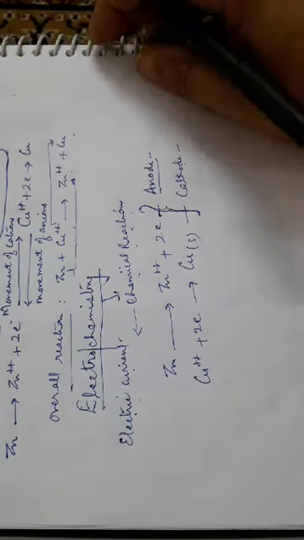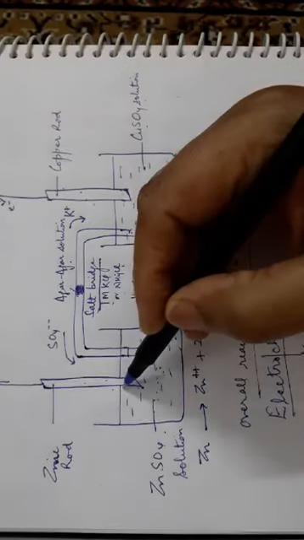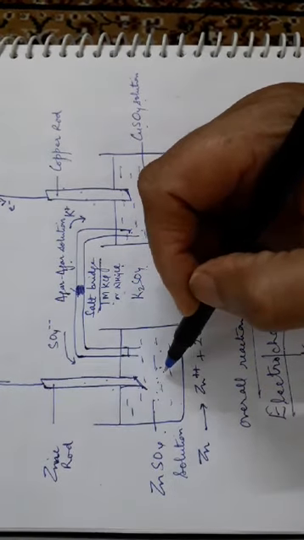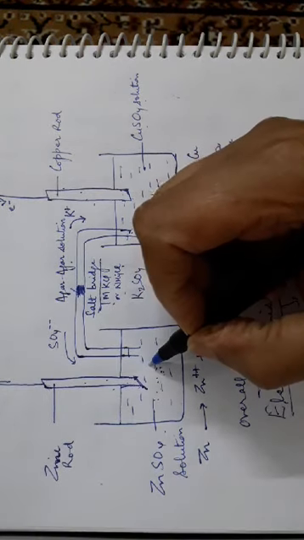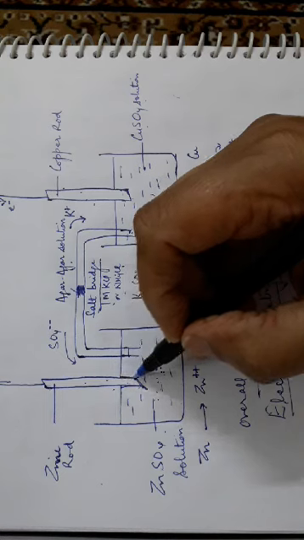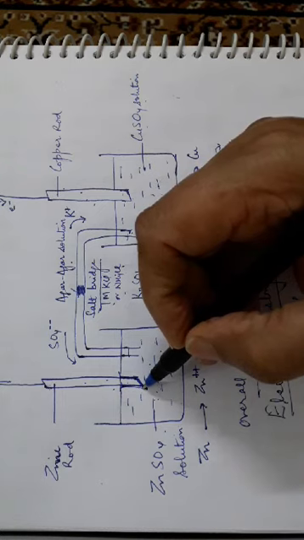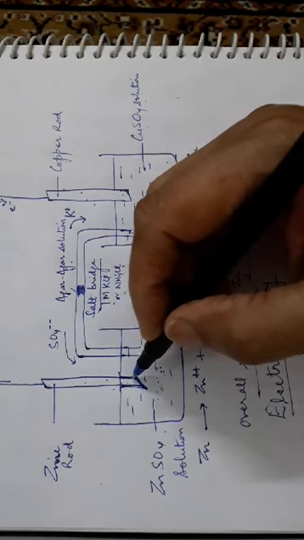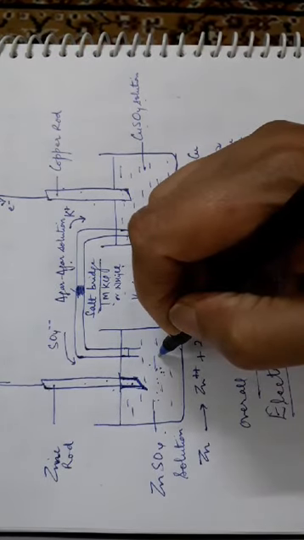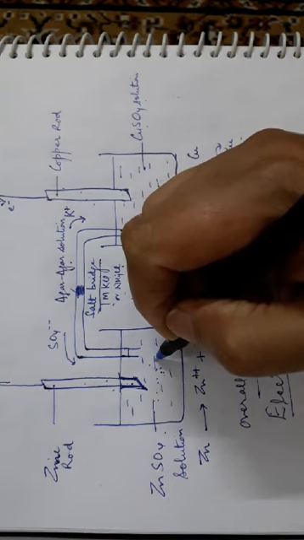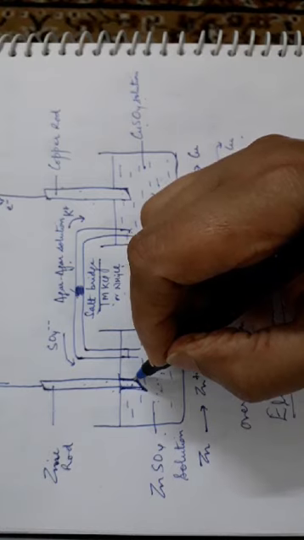Now let us see some more terms related to this. When we talk about the interface of an electrode with its own ionic solution, what is the interface here? Zinc in contact with zinc ions. Interface is the boundary, the area of contact. At the interface, zinc metal has a tendency to go into solution in the form of zinc ions. Side by side, zinc ions also have a tendency to get reduced and get deposited in the form of zinc metal at the surface of the electrode.